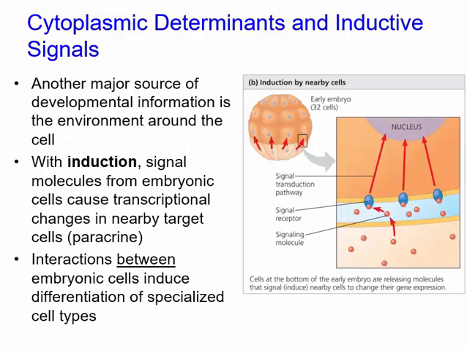So those internal cytoplasmic determinants are one source of information. And another source of information is external, and this is called induction. So when cells are receiving these external signals from a neighboring cell, think back to paracrine signaling, if you remember that from cell signaling. So para means next to. So one cell is releasing a signaling molecule, and the cell next to it is receiving that signal and being induced, right? So this gets a signal, okay, turn on this set of genes. And so this is